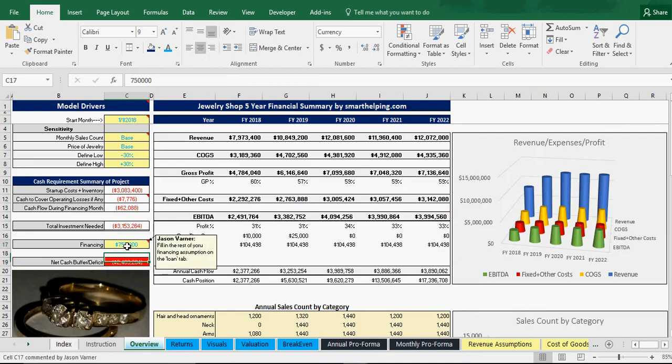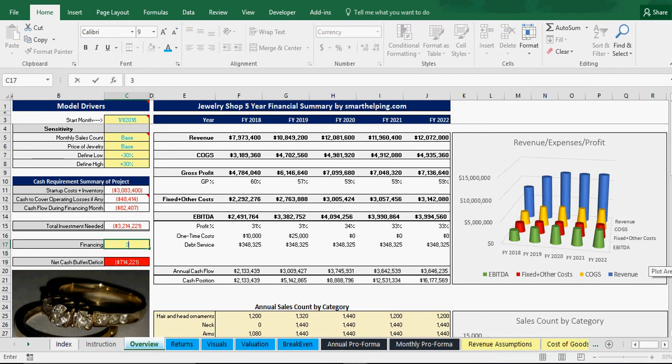If we change this to say, let's say we got $3 million, or let's say we got 2.5 million. Now it's saying, oh, it's still not enough. You need 700,000. And as you increase the financing, you're going to also get debt service. 3 million still not enough. Let's go to 3,250,000. That's about just right. So at 3.2 million, you're at a surplus of 9.6, which means based on all these assumptions,